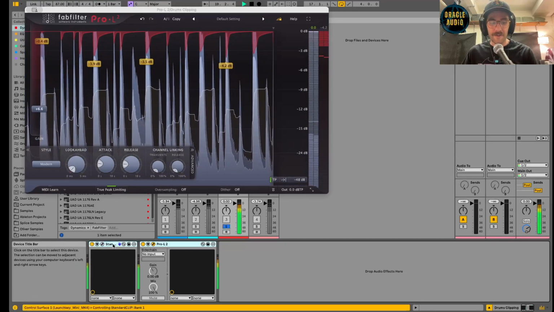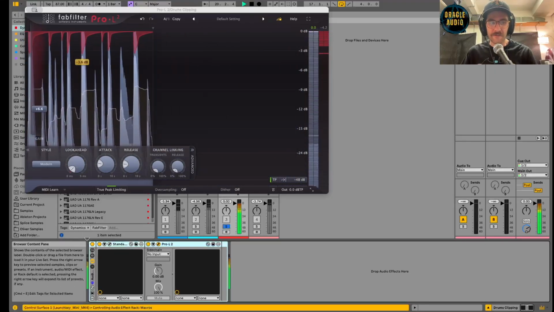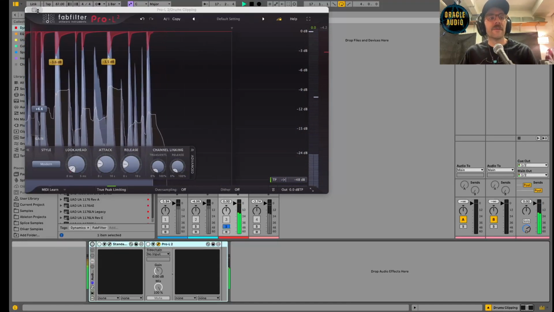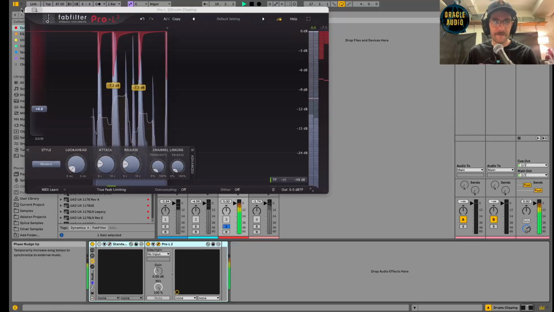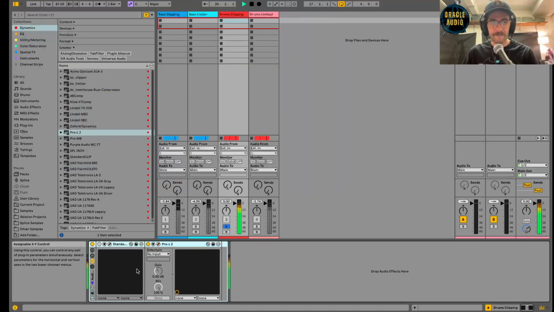Okay, now let's group these, turn them off so you can hear the difference. Okay, so here's with nothing. Here's with it all on. Now, just the clipper. Not much there. Just the limiter. Obviously, this is pumped more. And when they're together,